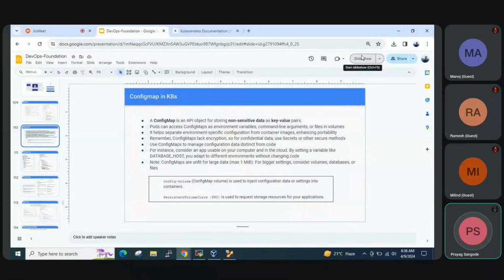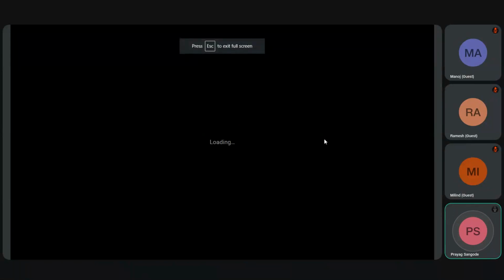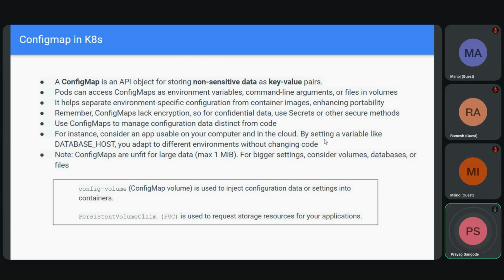Okay, today we'll cover two topics. One is config map in Kubernetes and the other one is secret. So let's start with the config map. Okay. So yesterday we learned how to create a volume and why there is a need for a volume, because